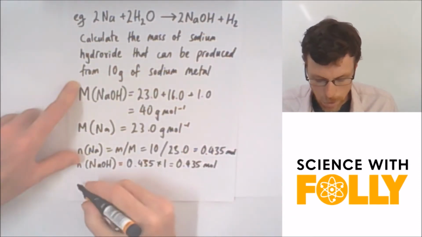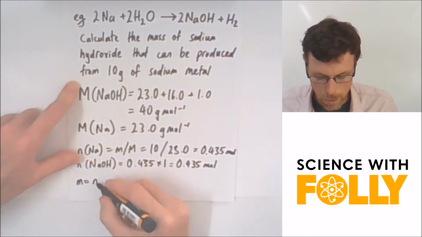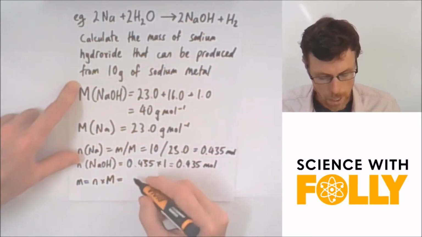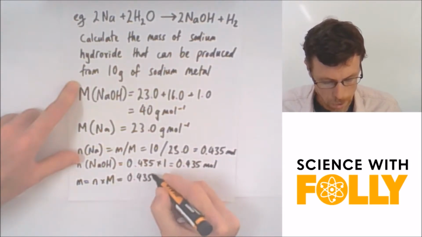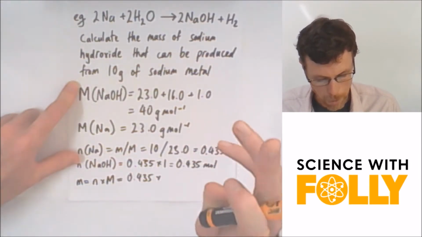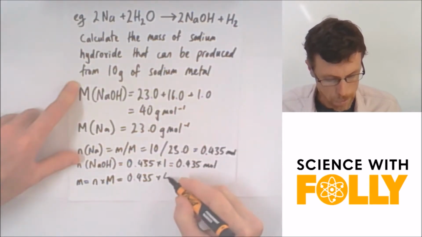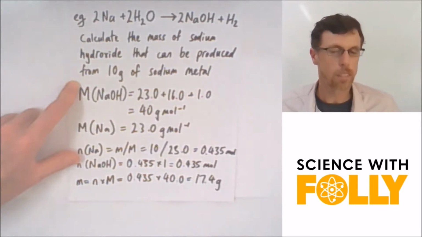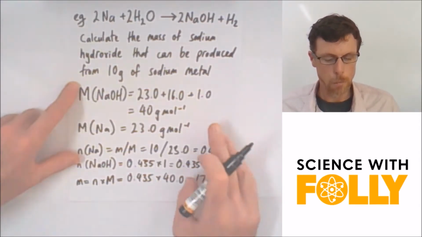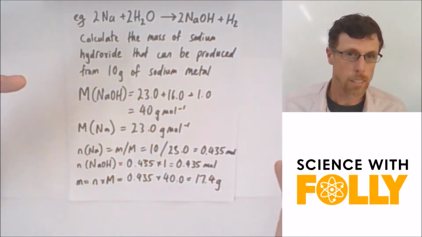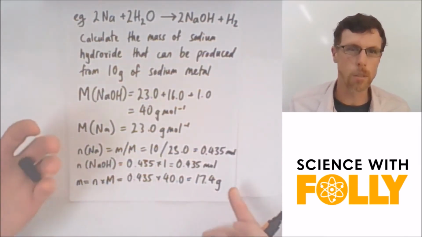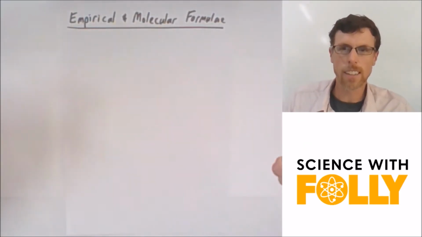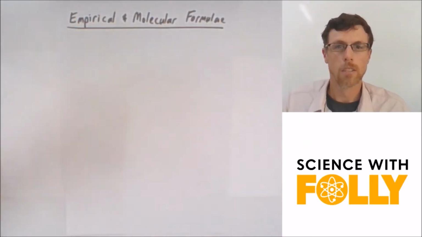Then finally, we can rearrange our equation, which is mass equals the number of moles times the molar mass, and this for sodium hydroxide is 0.435 times our molar mass, which is 40.0, and that gives us 17.4 grams. So I can say that from 10 grams of sodium reacting with water, I can get about 17.4 grams of sodium hydroxide. And now, lastly, we're going to look at how to calculate empirical and molecular formula from the percentage